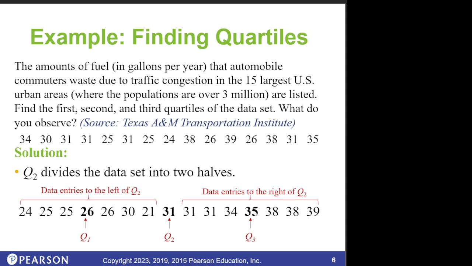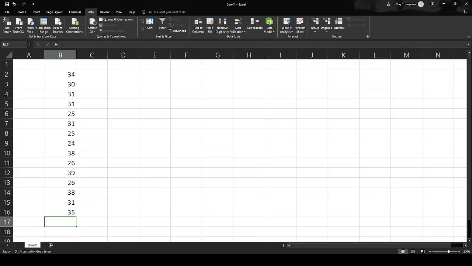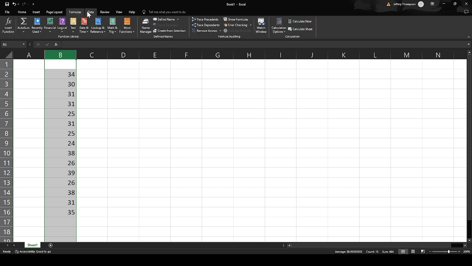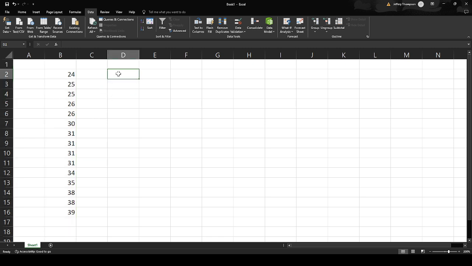Well, let's look at how we can do this in Excel. So let me get over to my Excel mapping here. I've already put the data in place. And one of the first things I do when I have data like this is I come to the Data tab up above, and I go to Sort, and I'll sort it from smallest to largest. Now, Excel has a quartile function. The one we're going to want to use is